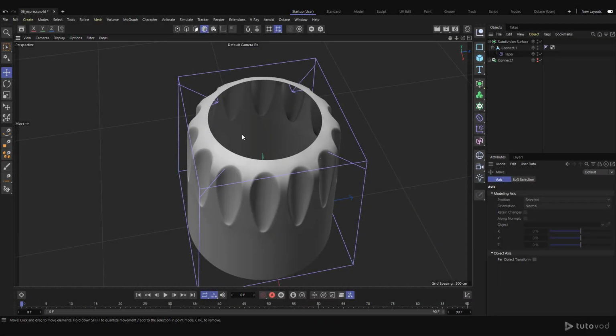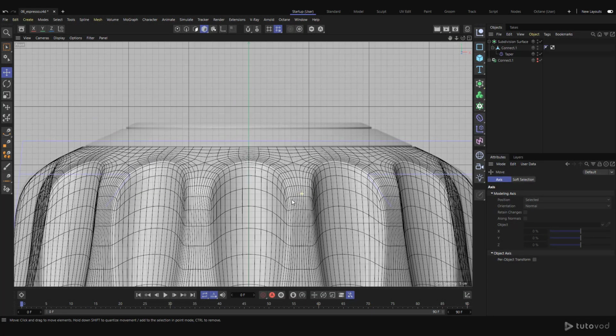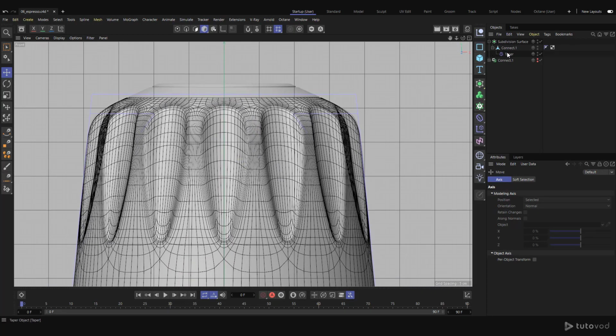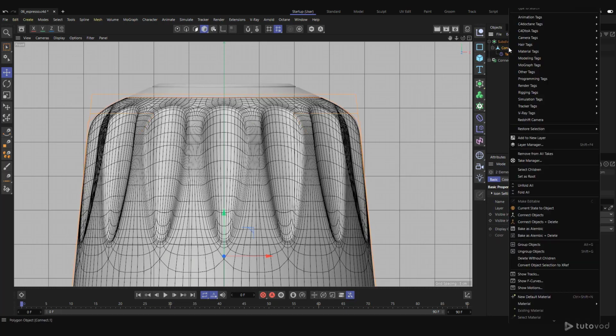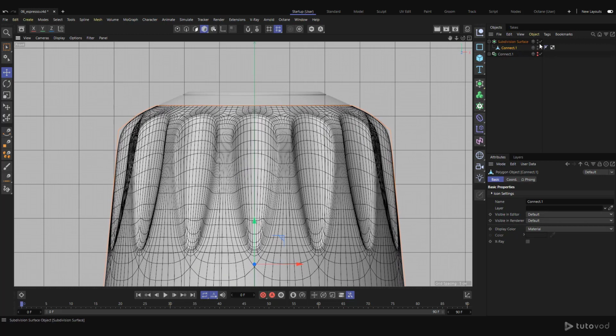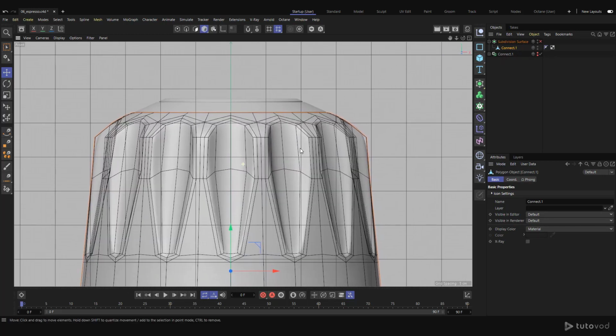In this video, I'm going to add this part on the top. So I'm going to come here, and before doing that, I'm going to apply my taper to my object. So I'm going to select the two objects, right click, and I'm going to use the command connect object and delete. So I get one object, and now I can turn off my